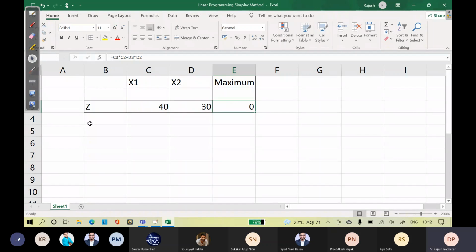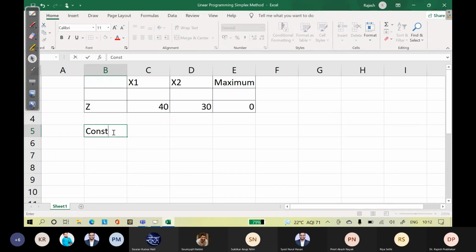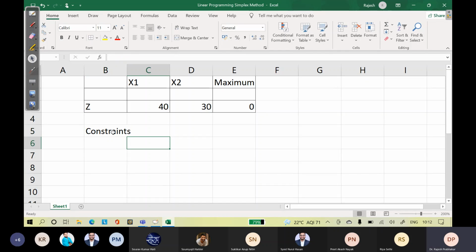Okay. Now let us plot the constraints. Constraints for x1, it is 1, 1. What was the constraint value? 16, right? 12, sir.